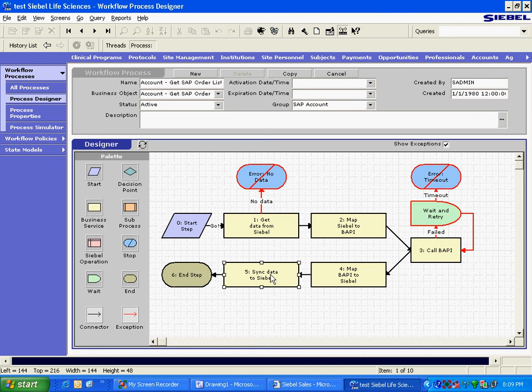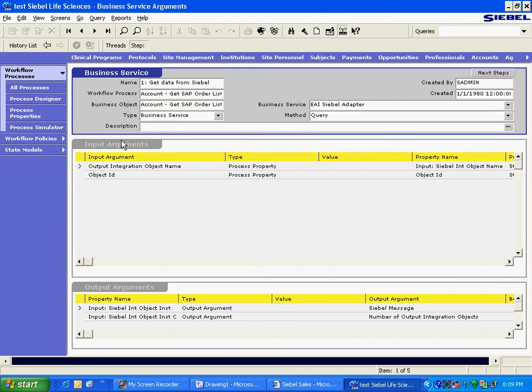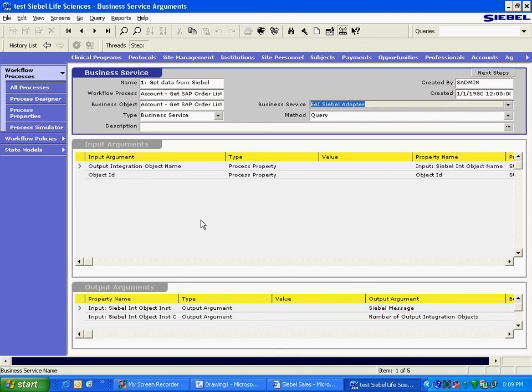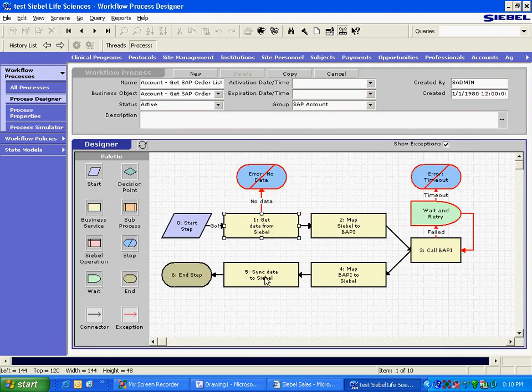This is just a sample workflow provided in the sample database for training purposes. The way it really works is it starts with one function and then goes from one function to another, and the same way the function passes a parameter. This is how you specify the input argument and the output argument of each box. For every box that you saw in that workflow, at the heart is a business service. So the business service, that chunk of code, is basically the main thing that will get executed as part of this workflow.